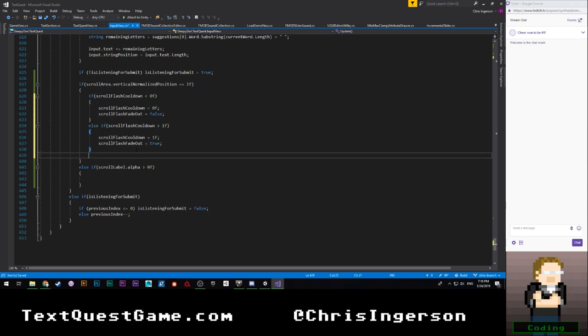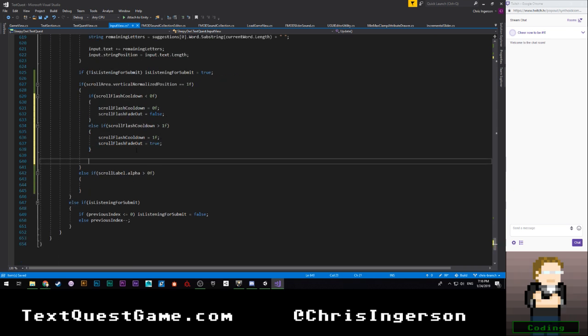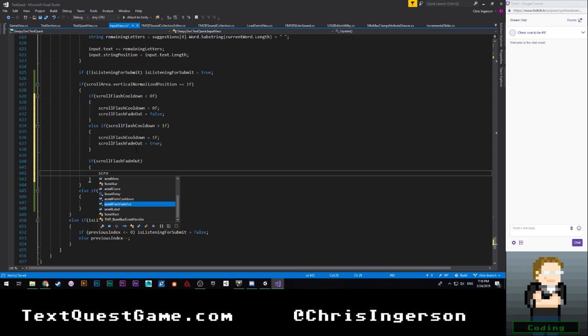Okay, and then after that we're just going to go ahead and say if scroll flash fade out, scroll flash cooldown minus equals Time.deltaTime, and in addition to that we are going to want to say